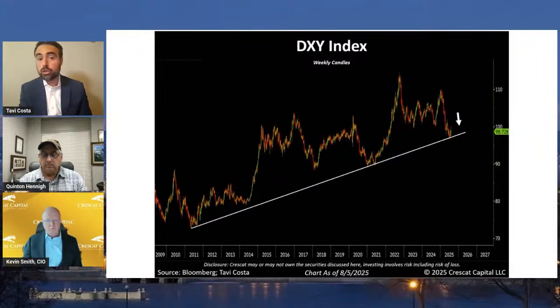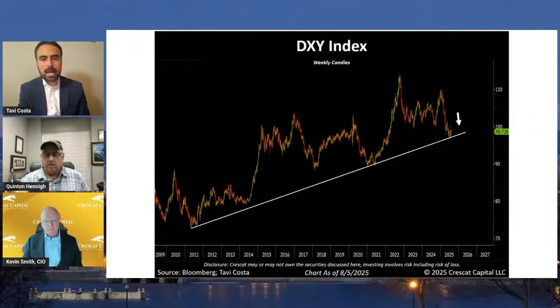fixing its concerns at that time with the trade balance. And I think that's maybe a framework that we should be considering in this environment. So when I look at a chart like this, it's almost like a line in the sand. This support that we've been seeing for some time now.